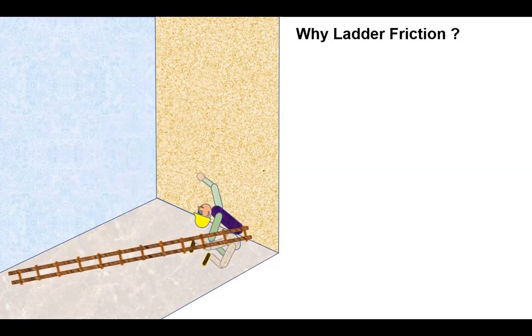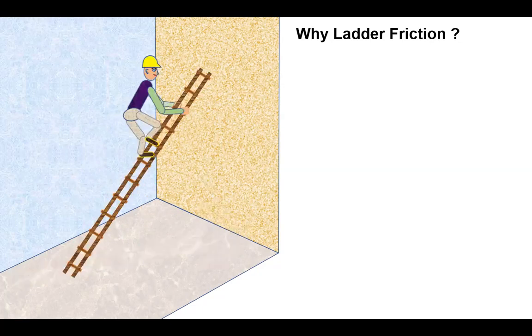So what has happened now? Can anybody tell me? Yes, definitely there is a sliding of the ladder which has taken place. Why does this sliding of the ladder take place? We know from the friction topic we studied earlier that wherever there is a contact surface and the surfaces are rough, there will be friction. So there will be friction between the ground and the ladder, and between the wall and the ladder. As the total force transferred downwards and the total force transferred outwards exceeds some value, sliding will take place.